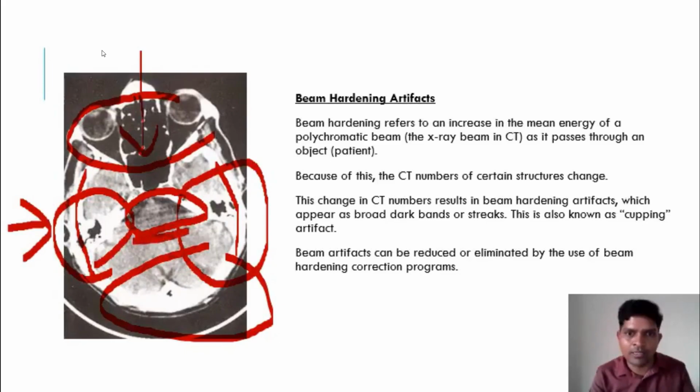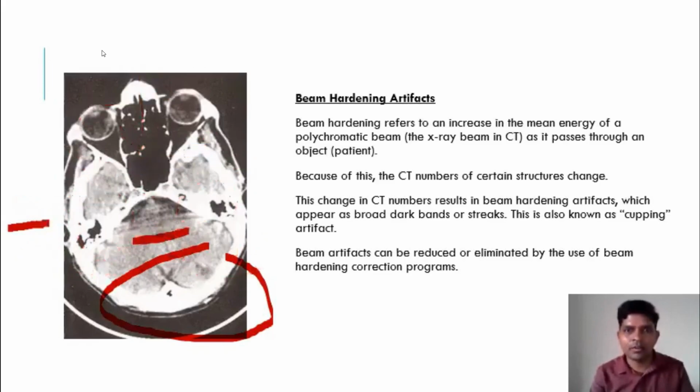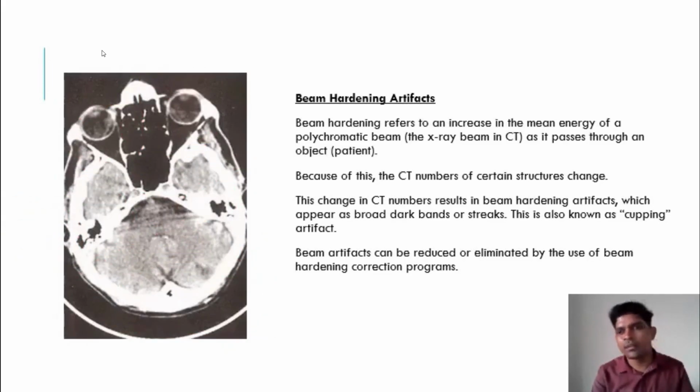I told you here. This is the image. Due to that, you get a cupping kind of artifact. So what you can do, you can eliminate it nowadays with beam hardening correction software, which is available, or you can change the angulation of the tube. If you are taking a helical scan, it is not possible. Sometimes if you are taking an axial CT, you can change the angulation